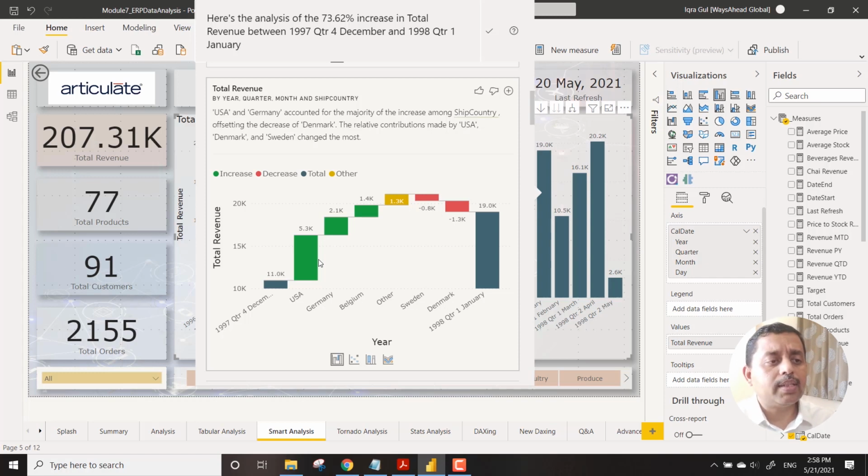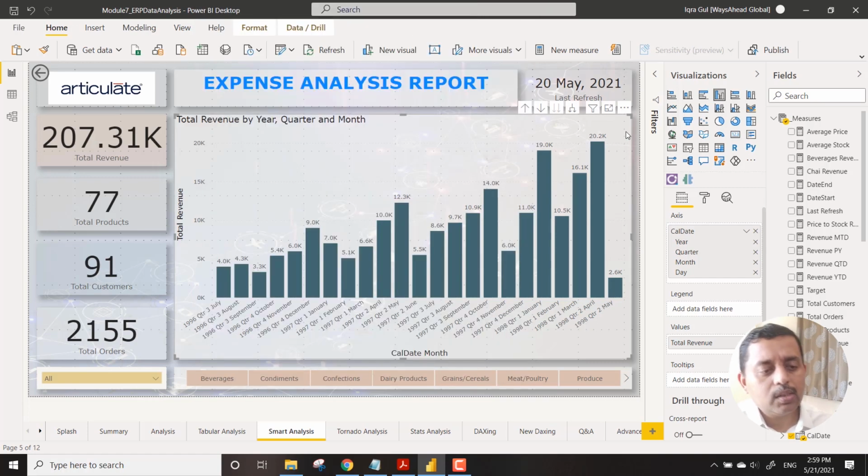In most cases you have to calculate these kinds of inferences, crunch them in Excel, and find out the numbers, so many things. Here you can see it is ready-made. You just need to see the 73.62% increase at the top, and this increase is explained by this. So much AI insight you can get just by clicking on a particular chart. This is one kind of analysis. There is one more kind of analysis we can show.